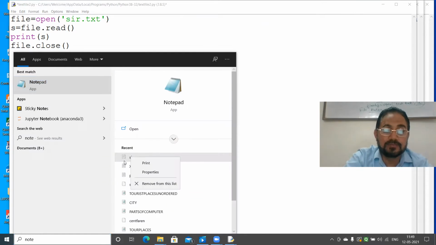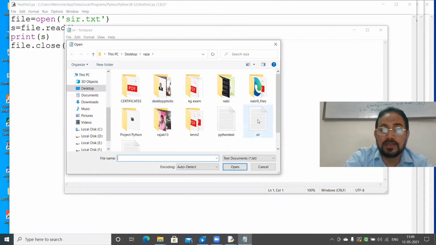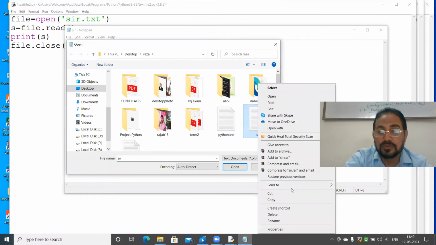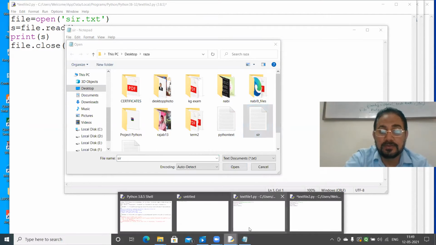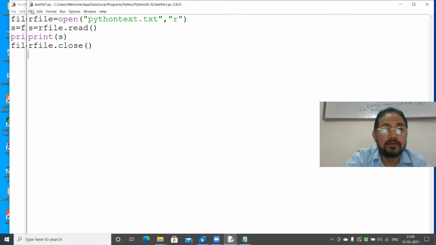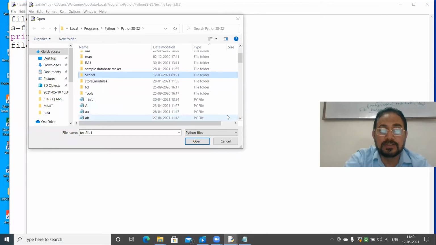You just copy this part and come to the Python. File, open, and in this location, you just paste it.